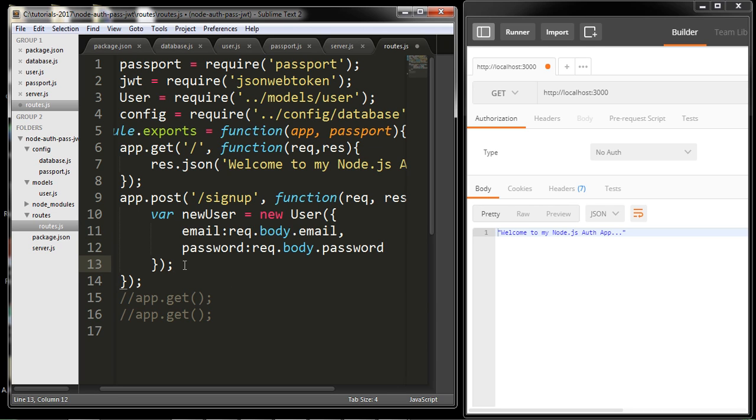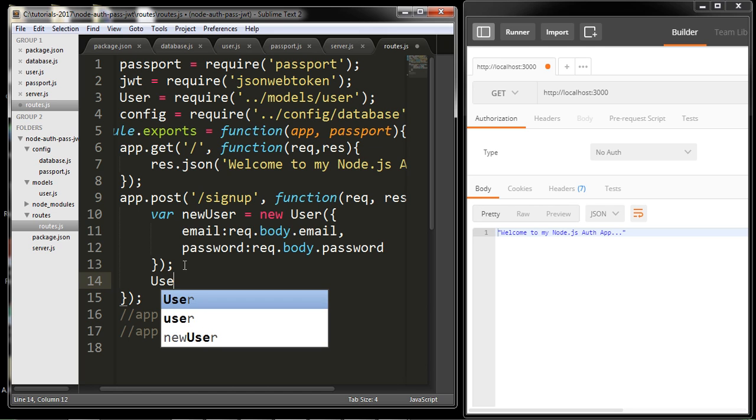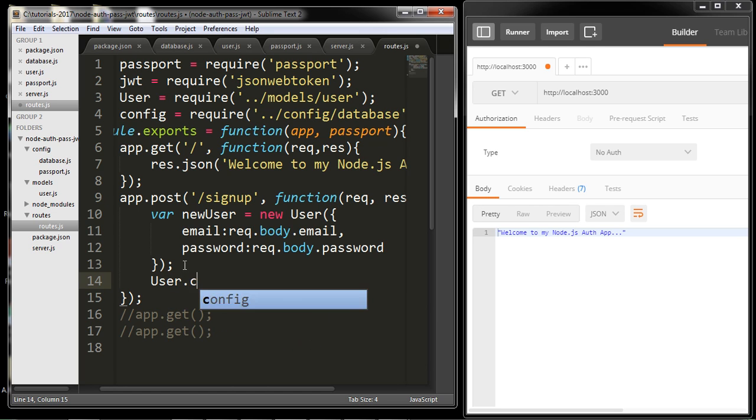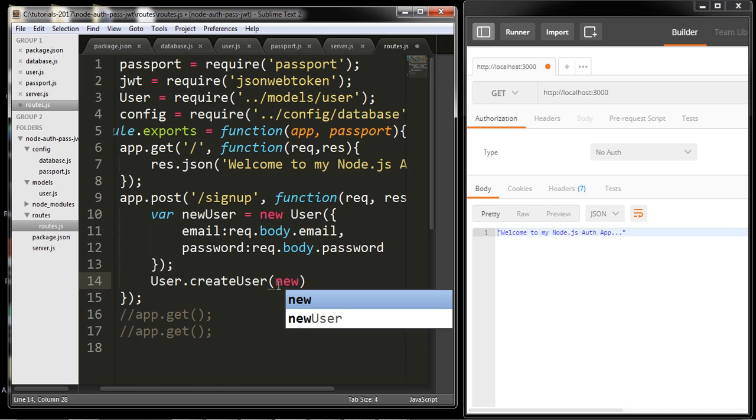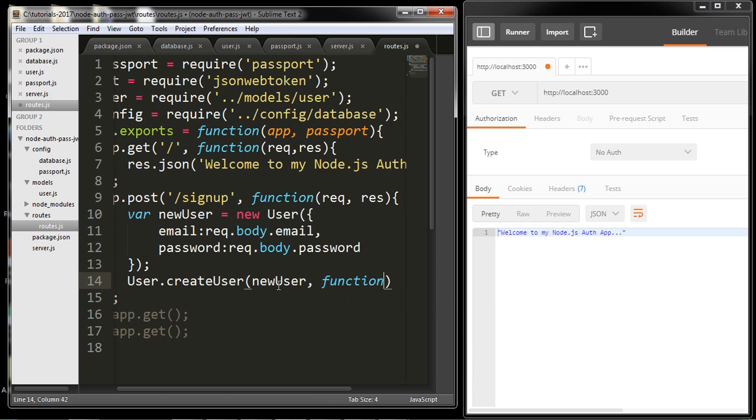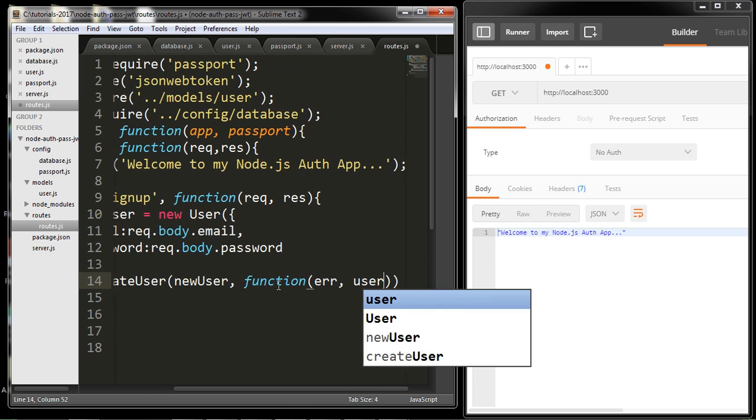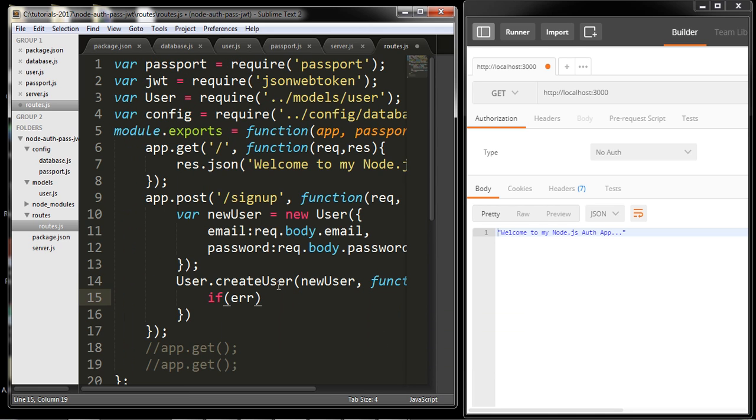Okay, and I can write User.createUser. I am calling the createUser method of the user object here, and I will pass this newUser and also a function, either error or successful user. If any error happens, then response.json. I can write an object, I can write like